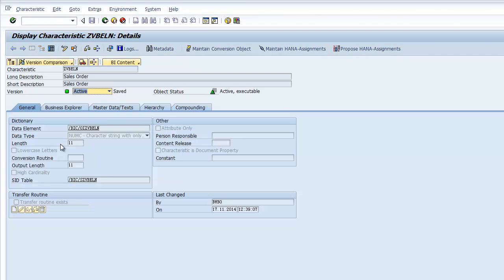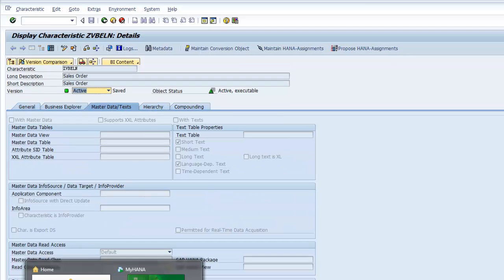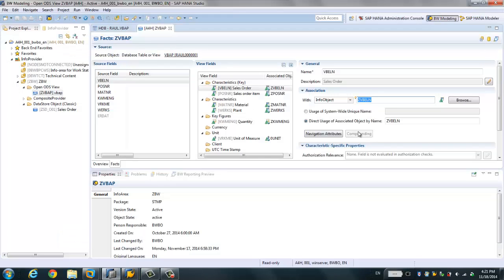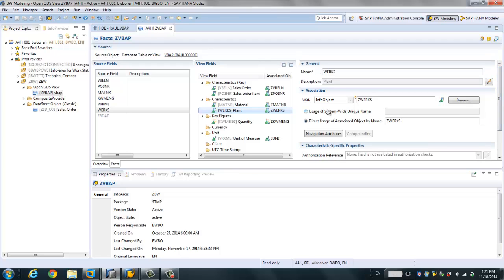So as you can see, the ZVBRN is nothing but normal info objects created. Okay, and same for the following fields like ZPOSNR, ZM18R, ZPlant. So by this way, I won't leverage the existing info objects or the BW system. I don't want to use the pre-generated, the generated fields. As you can see, if I choose here,